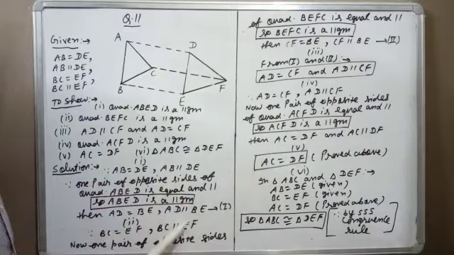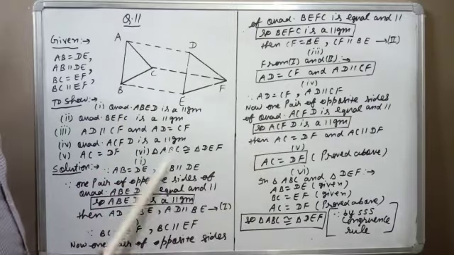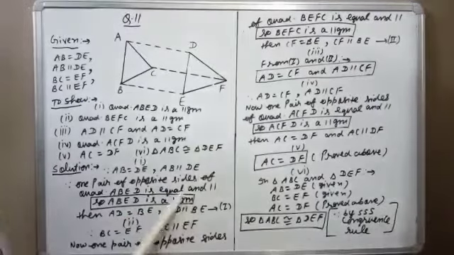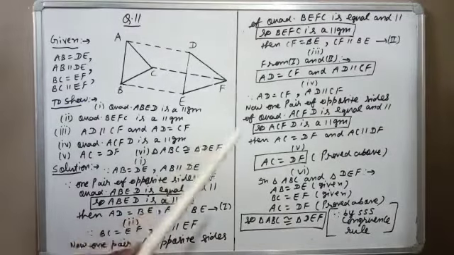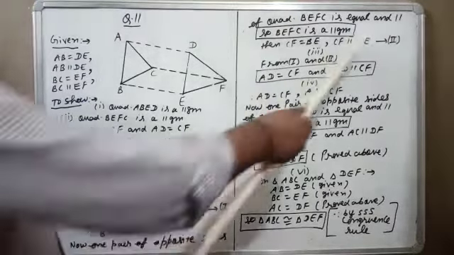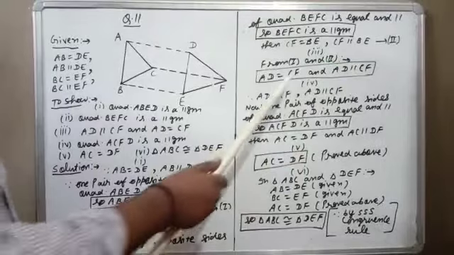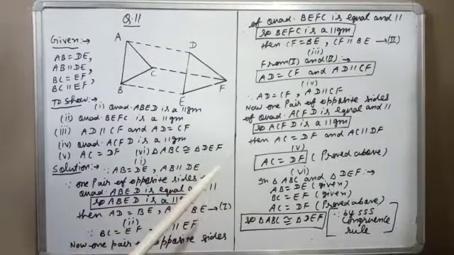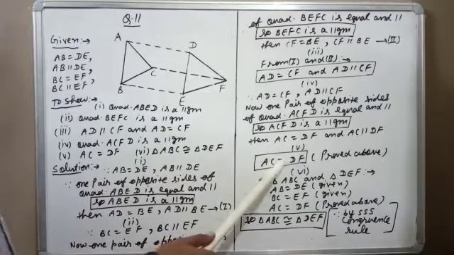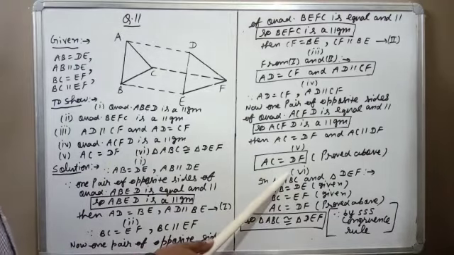So in the first part, second part, and fourth part, in these three parts, we prove a quadrilateral is a parallelogram using the same result: one pair of opposite sides equal and parallel. From the first part we write an extra step, from the second part we write an extra step. By these two extra steps we solve the third part. By using the third part we solve the fourth part. Now we write this extra step. So fifth part: AC equal to DF, proved above.